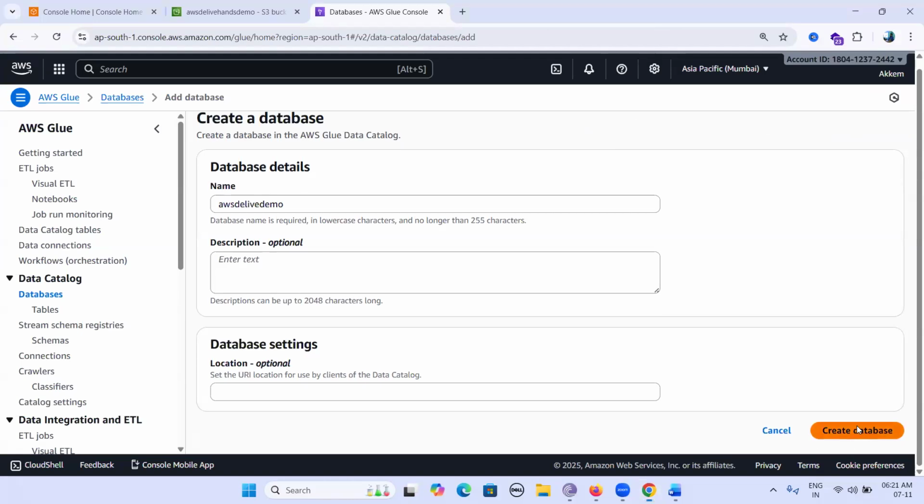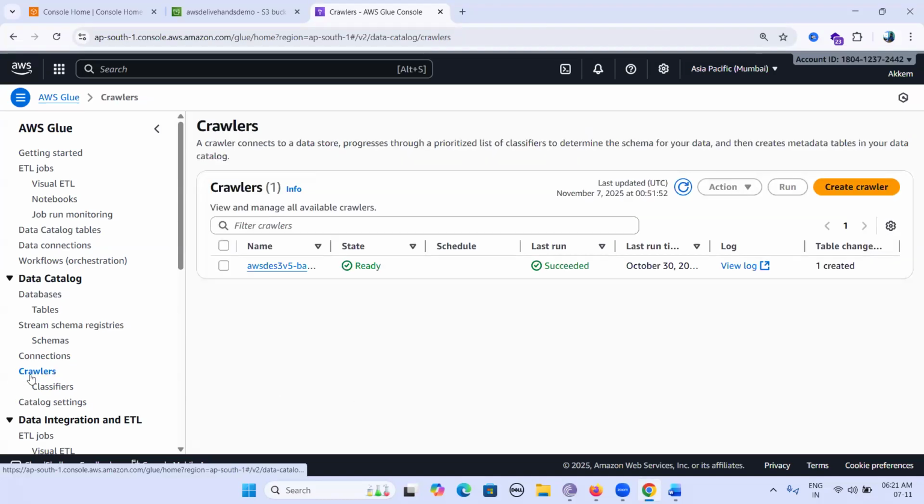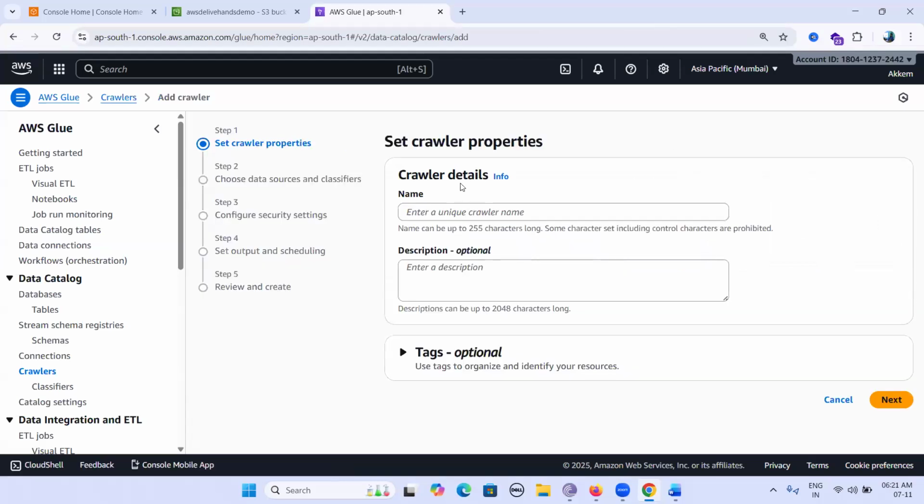Then click on create a database. Okay. Here you can see crawlers. This is very, very important, crawler. Let's click on crawler. Then here you have a create crawler. Click on create crawler. Then enter live hands-on